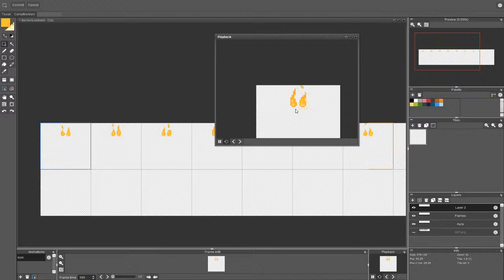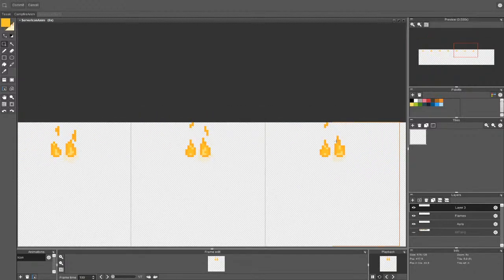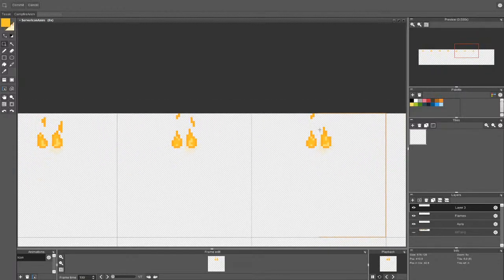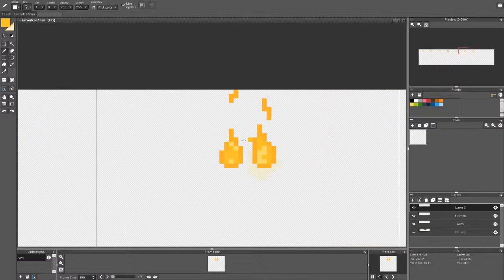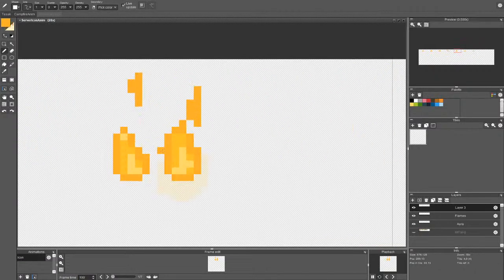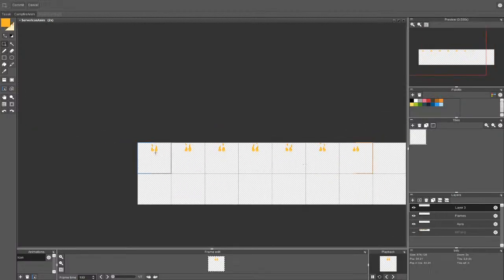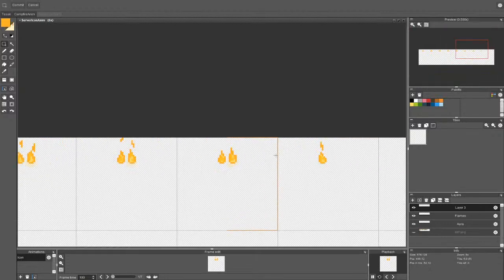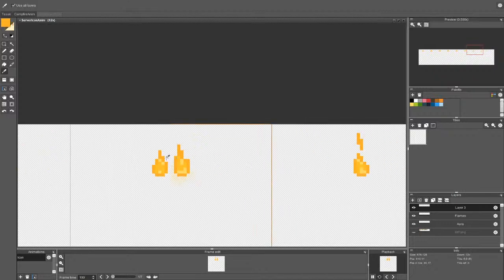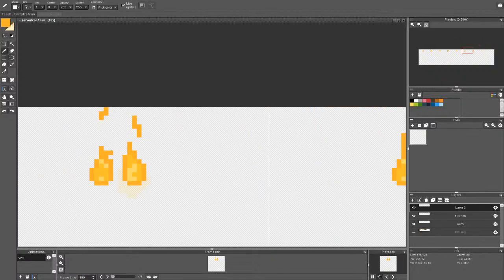I think it fits. We have to make it better though, so let's make it darker here. And now let's copy this part. We got the middle part, which is awesome, but we have to make it a little bit bigger because we literally need it to be ready to be cut out in the next frame.